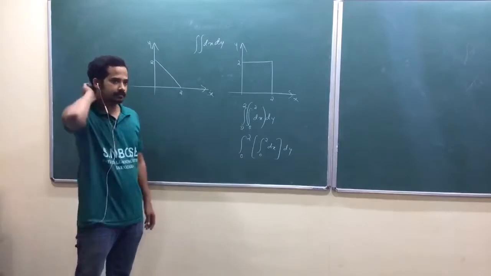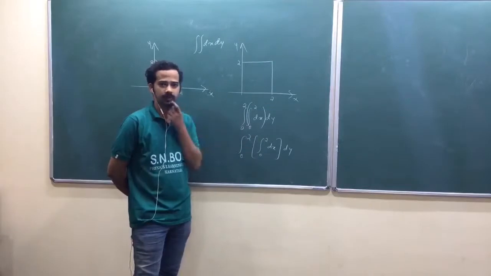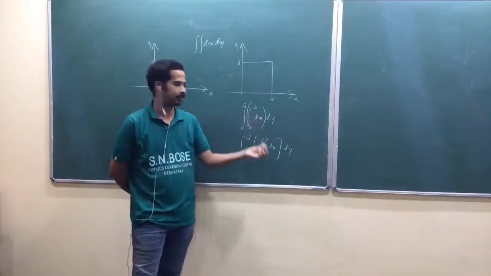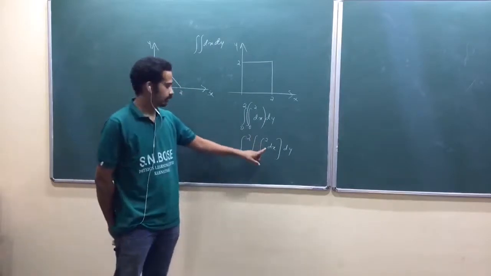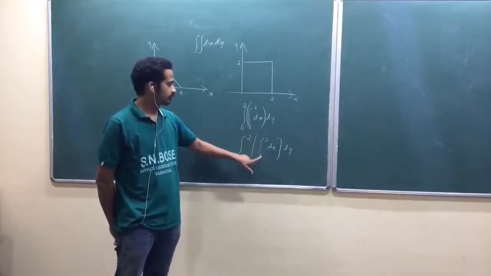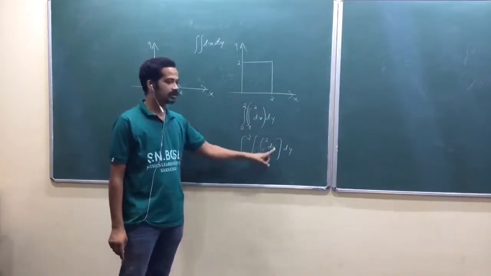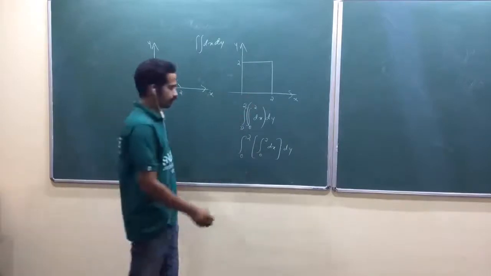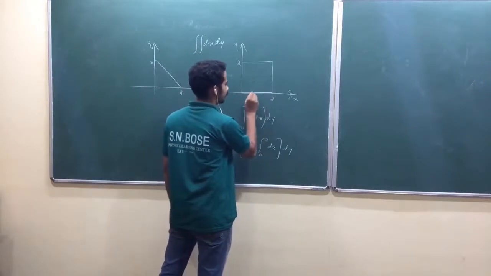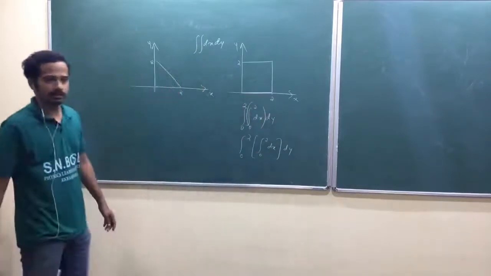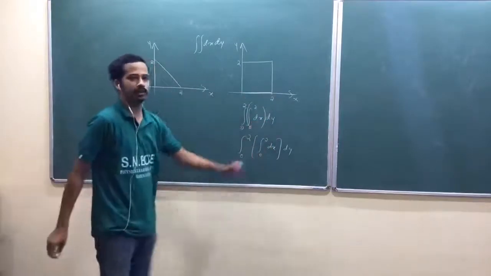When I have this integral 0 to 2 dx, what do you actually get? Any idea? You will get a length along the x-axis from 0 to 2. Can I say like that? Integration is a generalization of summation, am I right? So if you are integrating dx from 0 to 2, you are just finding the length along that line. So when I integrate this, I'm just finding this length. 0 to 2, obviously that is 2.